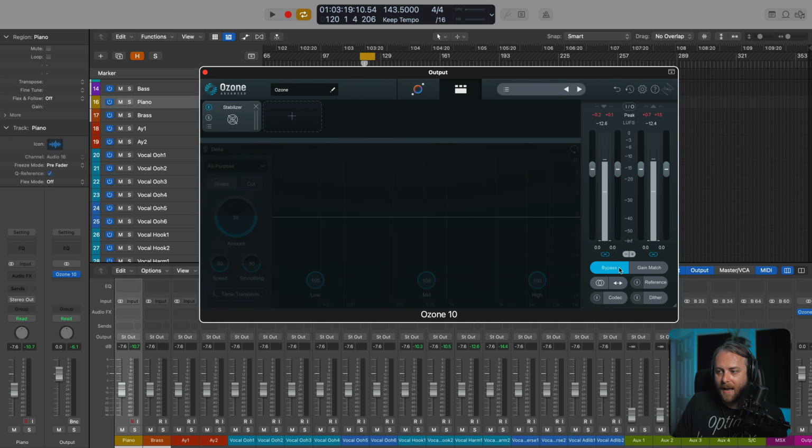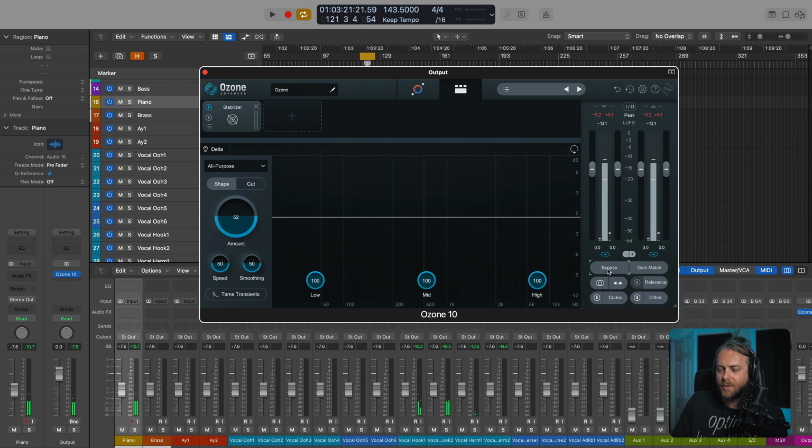We also have bypass and gain match. You should already know what gain match is because we showed you earlier. And also we have this nice automatic gain match, which hugs the gain you'll see here and moves around with it. That's brand new in Ozone 10, by the way, just allowing you to get a more objective before and after. We also have the mono, sum to mono, and swap channels left to right.